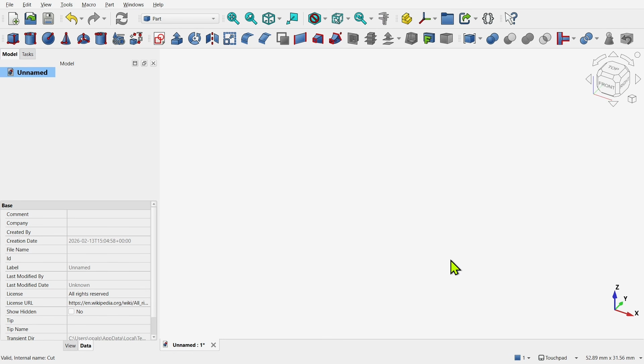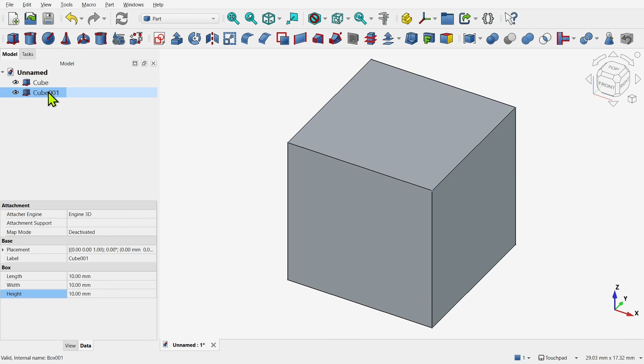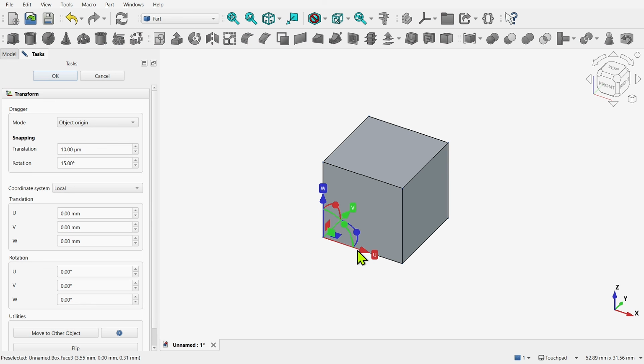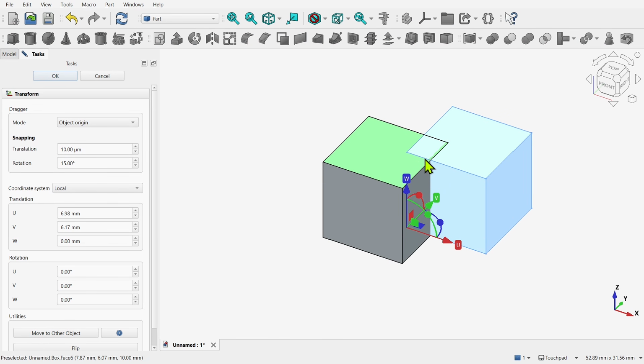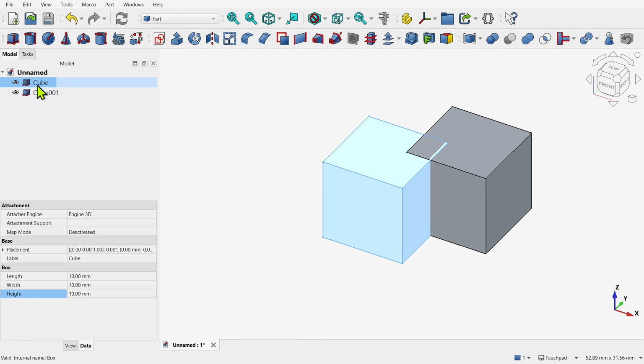Let's circle back to the part workbench tolerance and a demonstration that you can follow along with. Let's create two cubes and transform one of them. Right click, transform. We'll place this so it's slightly overlapping the other one. Let's hit OK. Now if I take the first cube and change the height, let's change this to